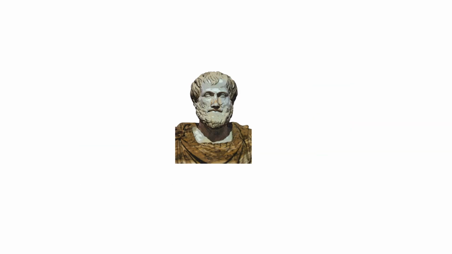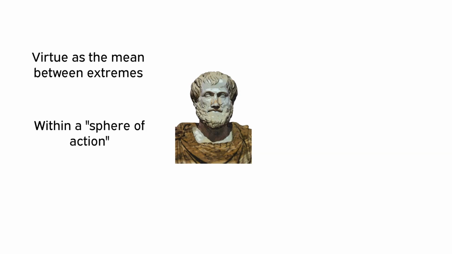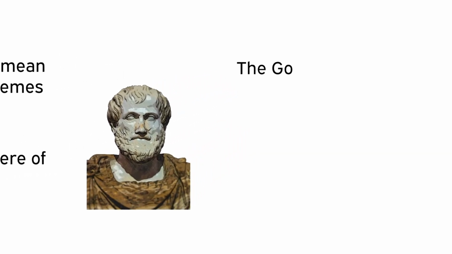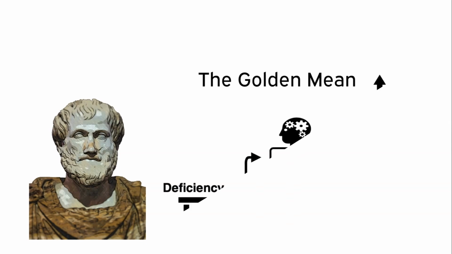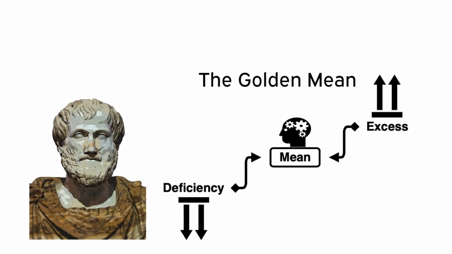We mentioned Aristotle earlier, and we need to cover his powerful contributions to virtue theory. Aristotle believed that virtue is the mean between extremes. He is credited with viewing virtue as the mean between 2 extremes of vices, all of which pertain to a certain sphere of action, a method known as the golden mean. In this manner, he suggested that where we find a vice of excess, there will be a corresponding vice of deficiency, the place of moderation between the 2 extremes being the mean of virtue.